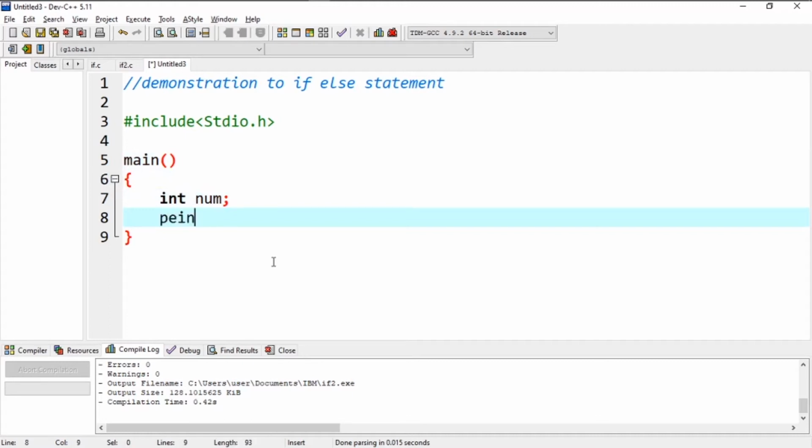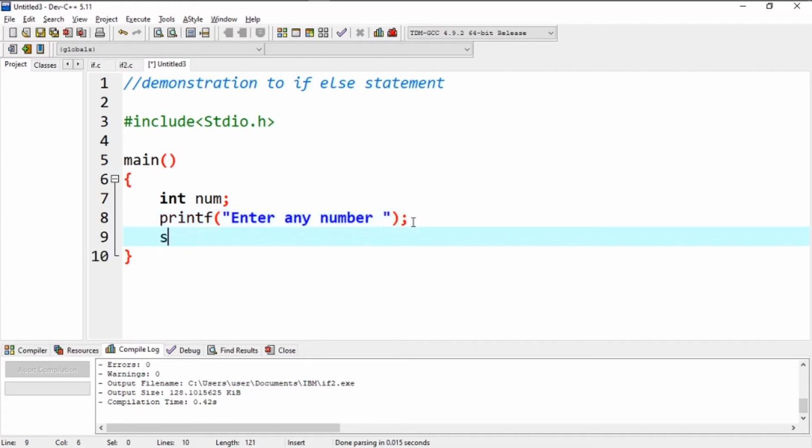So I'll print here printf, and I'll write enter any number, with a semicolon at last. Now I'll use scanf to store the number entered by the user in the variable num. I'll write over here %d, and ampersand num.